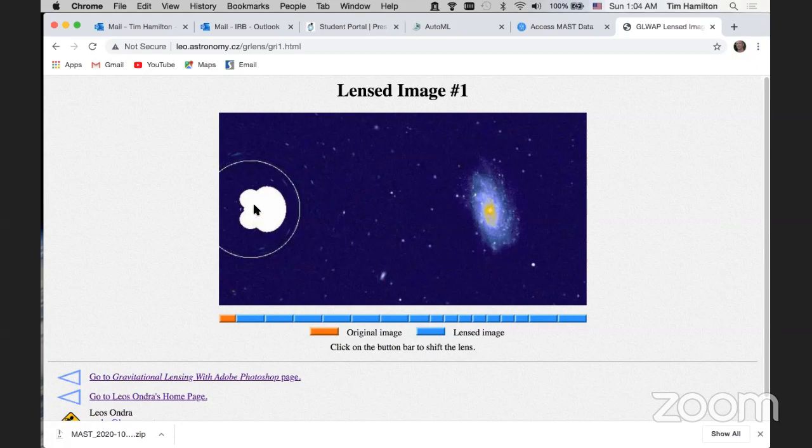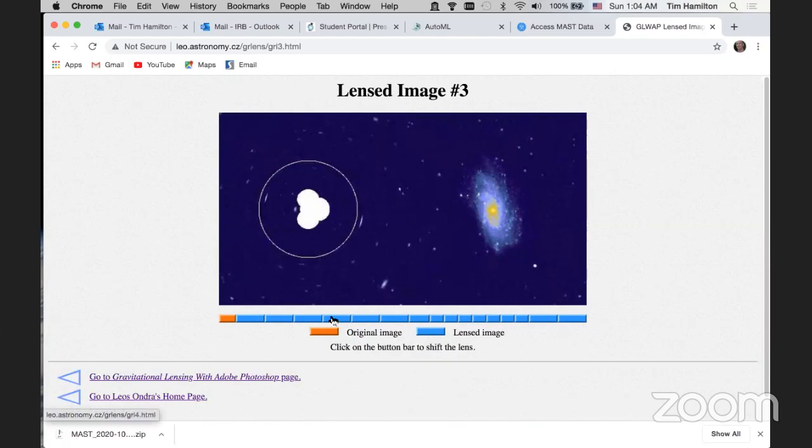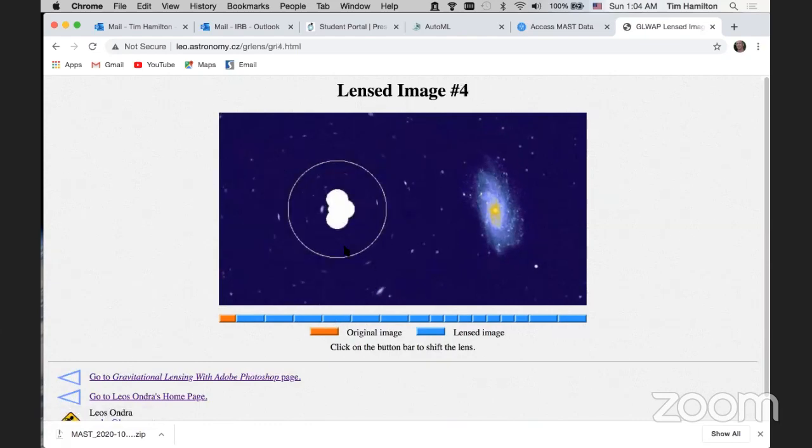So here, the guy who created this had created some distribution of mass in here, which is cut out in white. That's exaggerating the size. I'm not entirely sure what that pattern shows you. But this ring here shows you where the Einstein ring will be for any source which is directly behind the center of the lens. Let's take a look at the effect on this galaxy here. Okay, that'll be our source. As we bring the lens closer to the right, by pressing the buttons farther and farther to the right here,